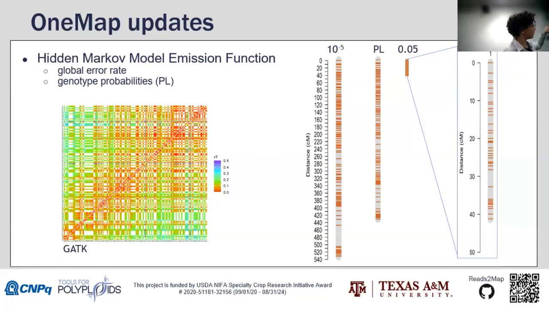And this shortened the group a little bit, but it's not yet what we expected. For this example, it's just 40 centimorgans. But if I use a global error rate that's a little bit higher, 5%, I can reach the size that I was expecting. And this means that I'm giving more flexibility to the hidden Markov model to change the genotypes according to the information of the chain. And that was nice. And then we implemented,